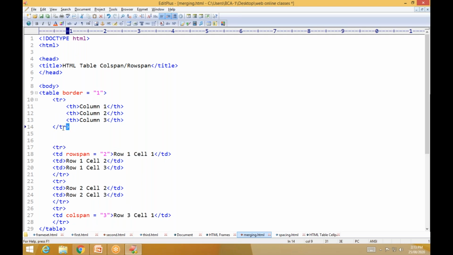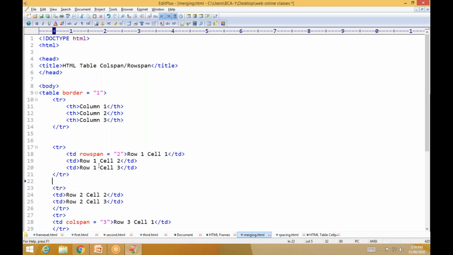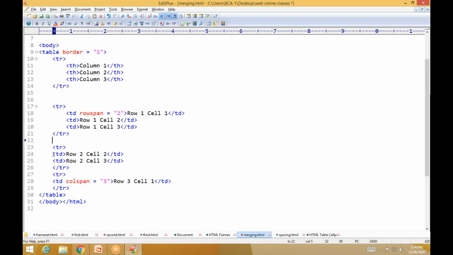The first tr creates the first row, in that there are 3 columns, column 1, column 2, column 3. After that the second row again creates 3 columns, 1, 2, 3, because there are three tds.